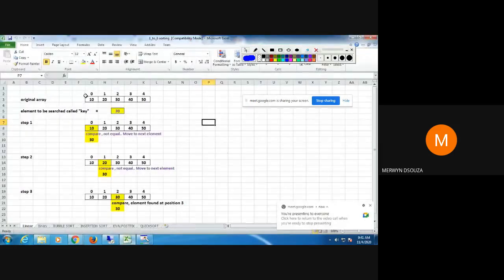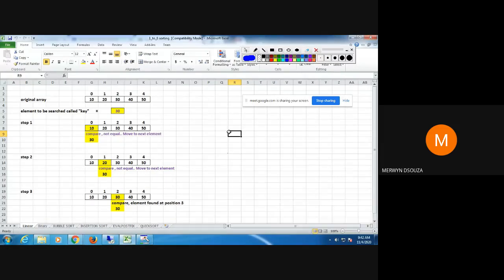Yash also has written it. So suppose instead of 5 elements, you were having a million elements, and the value that you're searching was at the millionth place. You would have to actually do a million comparisons till you get the answer. So that's the disadvantage.